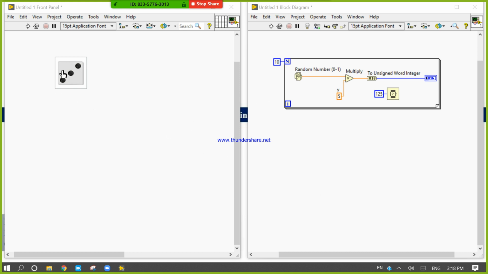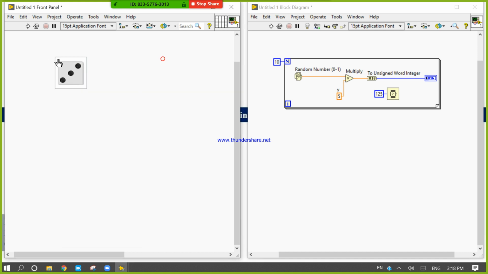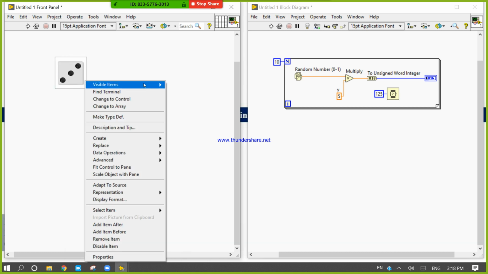How to delete increment and decrement: just click here, come to Visible Items, and you will get the increment and decrement. Click on the border, Visible Items, and you will get the increment and decrement.